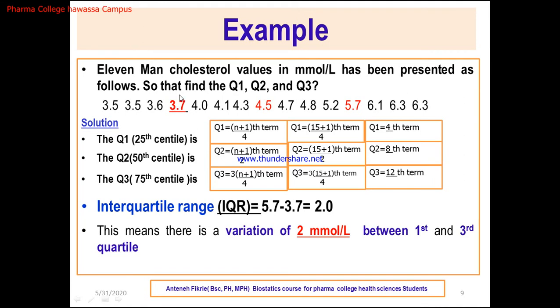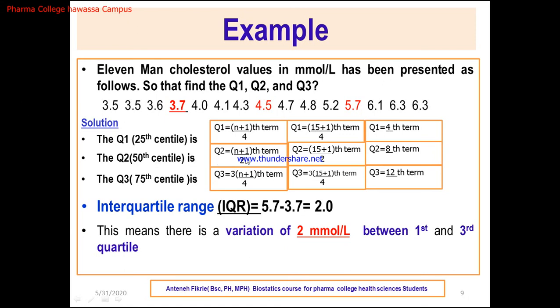25% of men who have participated in the study have a cholesterol level of 3.7 and below. Mind you, the interpretation is just like this: 25% of men who participated in our study have a cholesterol level of 3.7 millimole per liter. This is the interpretation. So when we come to Q2, that is the median,